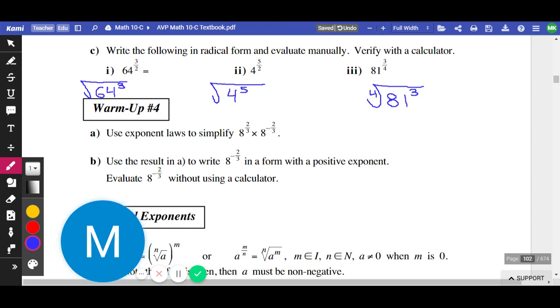Now, there's technically another way that we could do this. The other way we could do it is we could take this exponent on the radicand and write it outside of the radical sign. And so you could change this to look like this. Still square root 64, but the exponent 3 is out here. It works better if we put some brackets around there to really show that the cube is on the outside.